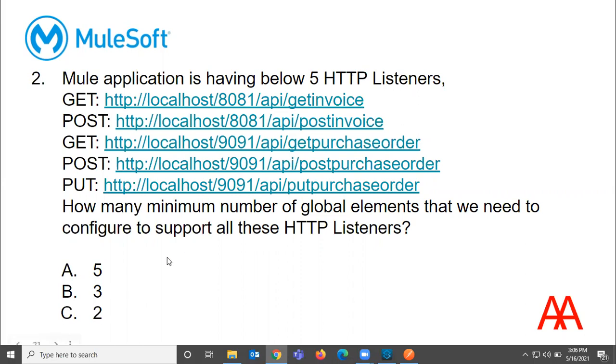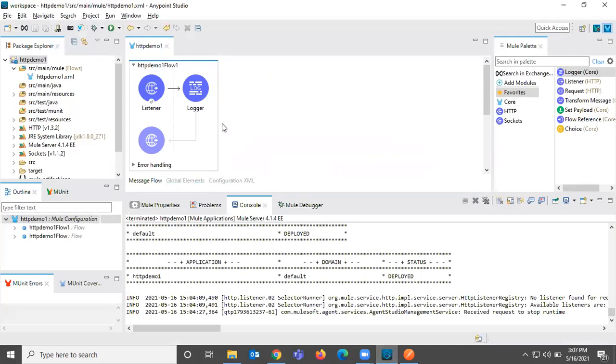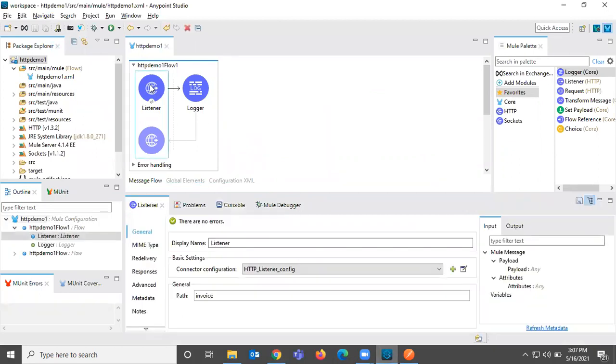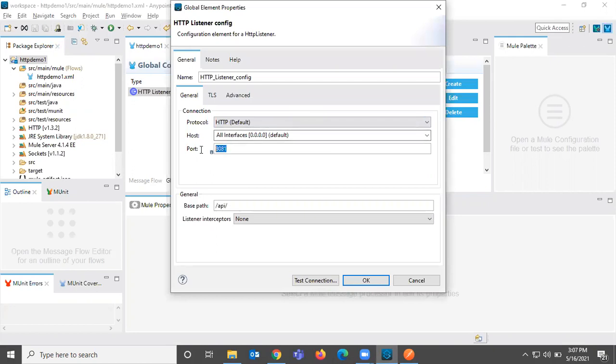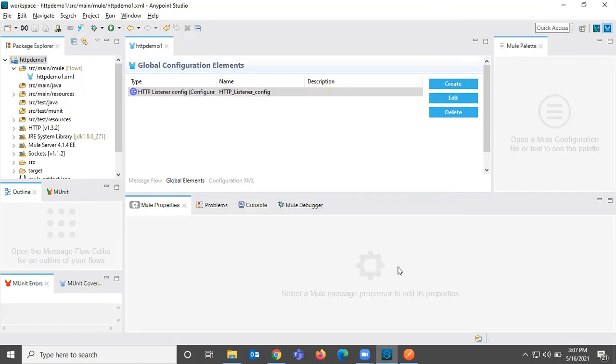The answer is 2, because we only have two different ports, and we can configure host and port details in our configuration. The base paths and the get and post methods we can give in the flow while configuring the requester or listener. Let us quickly look into that. So this is the 8081 port.